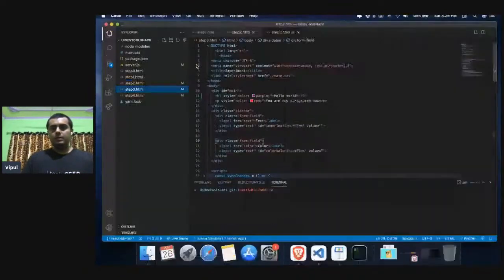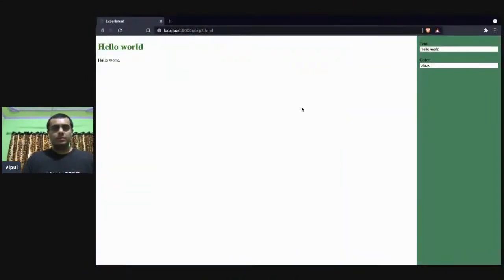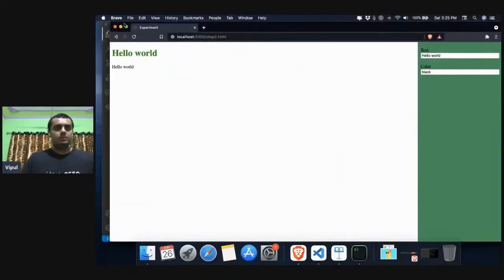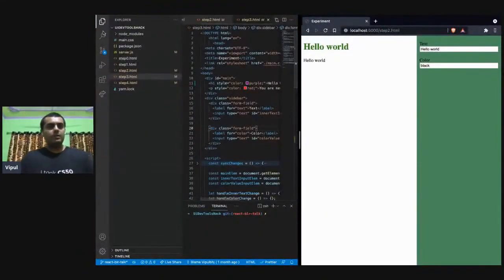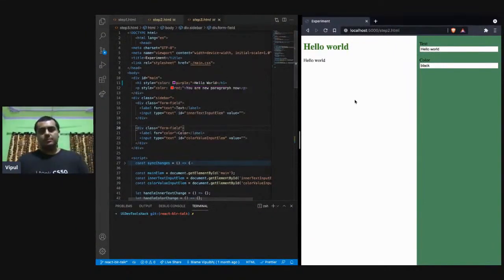All right. And so the browser isn't here. It's here, but it's in full screen. So let's make it go to the left or to the right or whatever. Cool. So we have the code on the right, and currently my hello world is purple, which is not reflected because I'm in step 2 and I forgot to go to step 3.